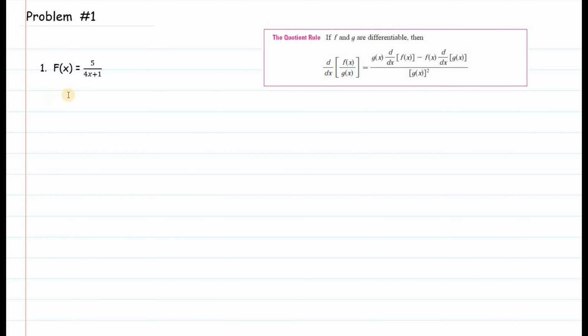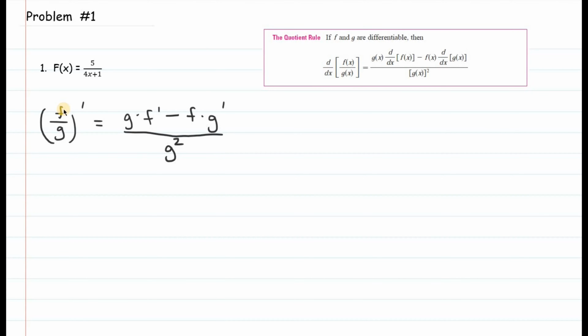So for problem 1, we have f of x is equal to 5 over 4x plus 1. So first of all, I'm just going to rewrite the quotient rule. So f of x over g of x prime is equal to g times f prime minus f times g prime